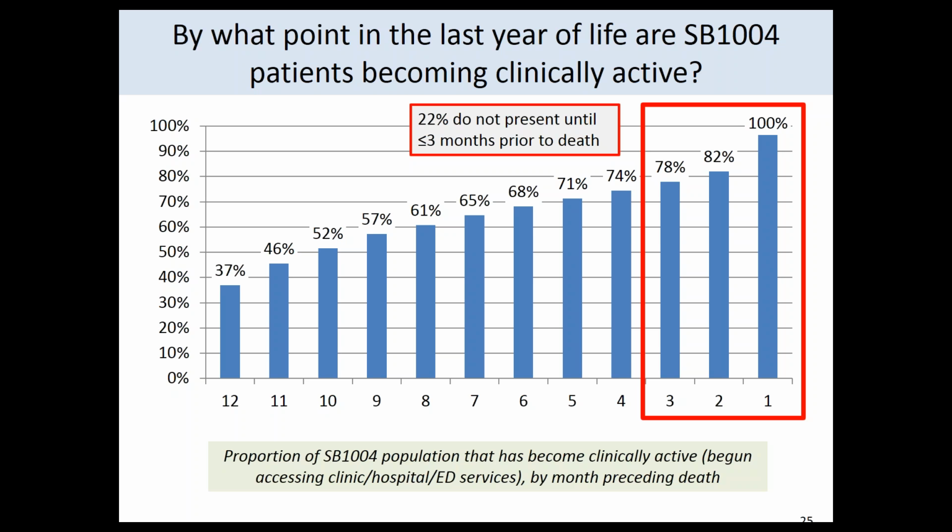On the one hand, by the time you get to 6 months preceding death, 68% of these patients are utilizing services within the health network, and that says they're going to clinic, they're going to the emergency department, they're being admitted. People should be able to recognize that they might need and be qualified for SB 1004 palliative care, so that bodes well. And then there is this other group of patients, a full 22%, who did not begin using services until 3 months or sooner before death. So it was less than 3 months of total engagement with the health network for 22% of